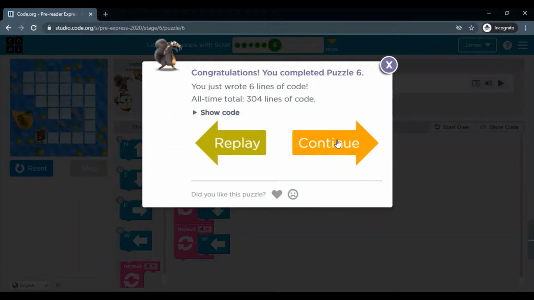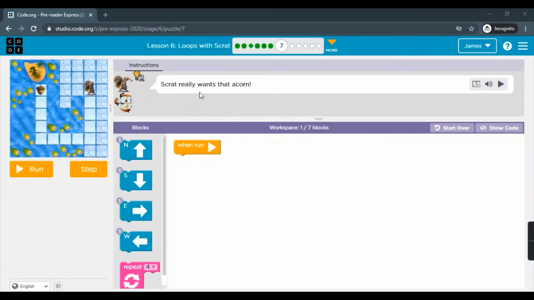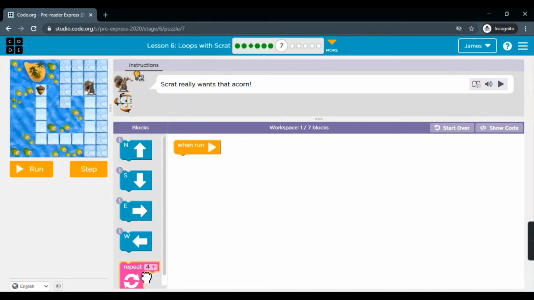Let's continue to puzzle 7. Scrat really wants that icon. Okay, let's see. 1, 2, 3, 4. 4 steps down, that is south. Let's drag the repeat block and south. It is already set to 4.